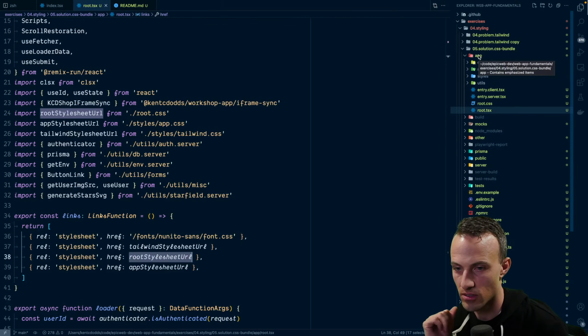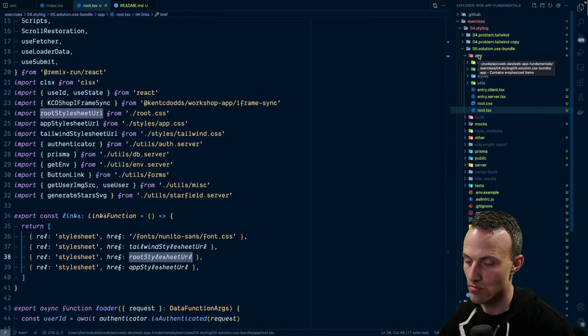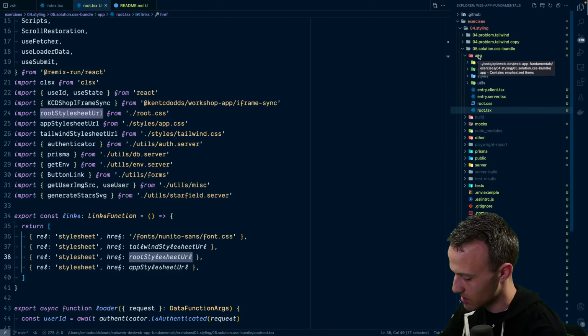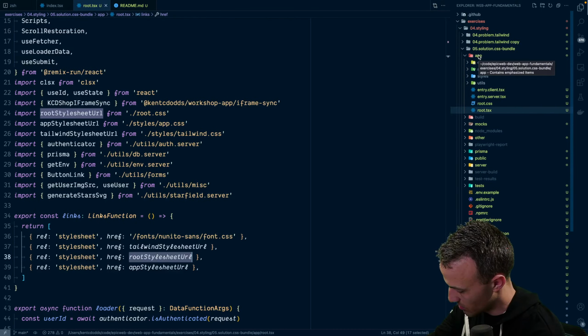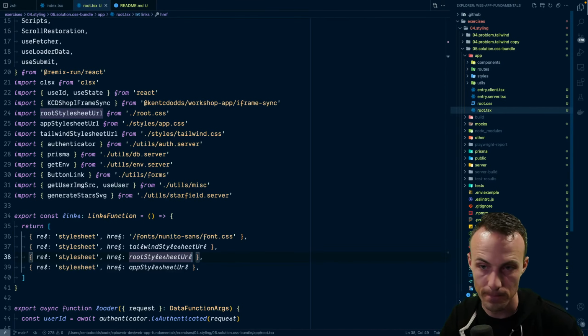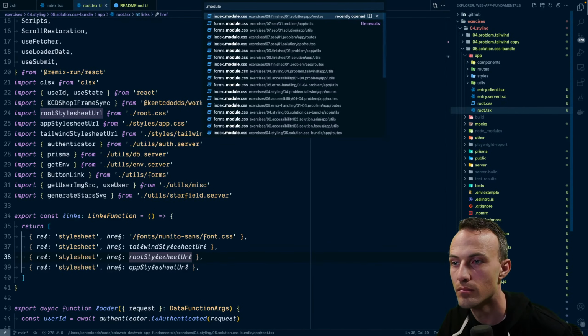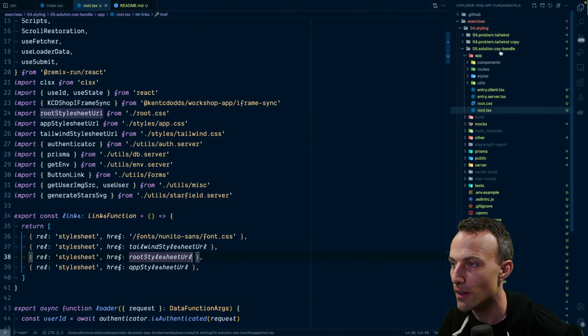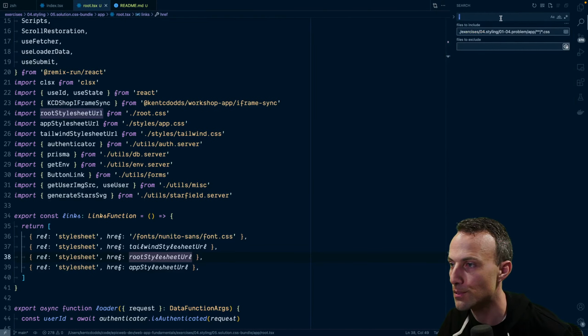Oh, right. So it's like global styles, route styles. This is kind of tricky because I don't have any styles that really need to be applied to a specific route. Yeah, this is kind of tricky.